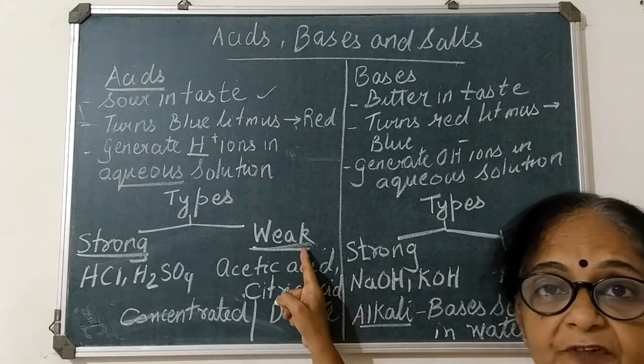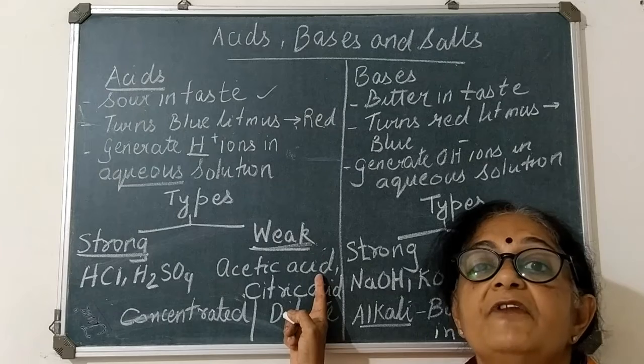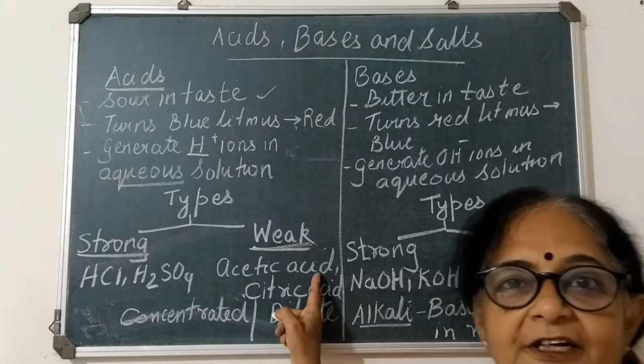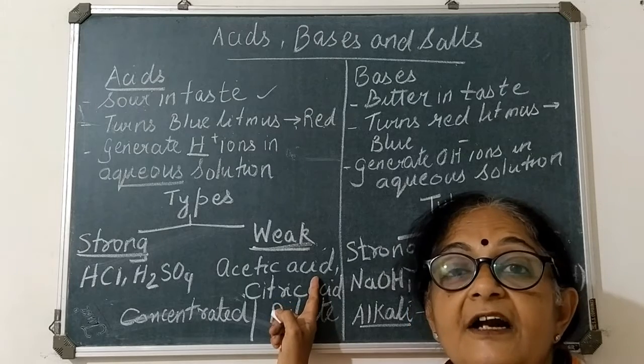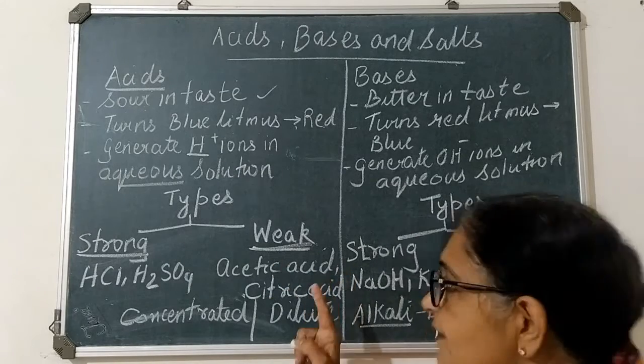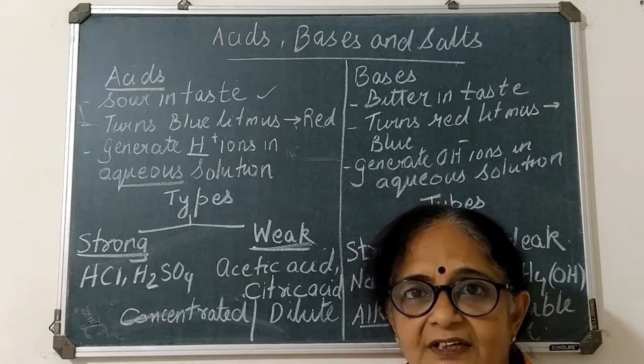And examples of weak acids are acetic acid, જેનું common नाम છે vinegar. कोई भी चाइनीज आइटम हम प्रिपेयर करते हैं तो उसमें विनेगर डालते हैं, आपको पता ही है. तो विनेगर मीन्स एसिटिक एसिड which is a weak acid, so it is edible. Edible એટલે આપણે ખાઈ શકીએ છીએ.